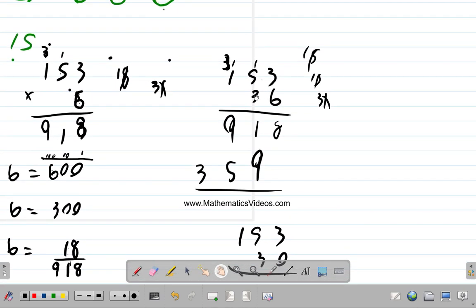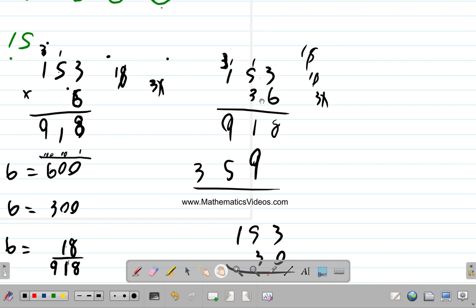Right? 3 times 5 is 15. You bring down the 5. Right? That is 500. This is the hundreds column. A 500. 1,500, so you put the 1. This is a 1,000. You put the 1 over here. So